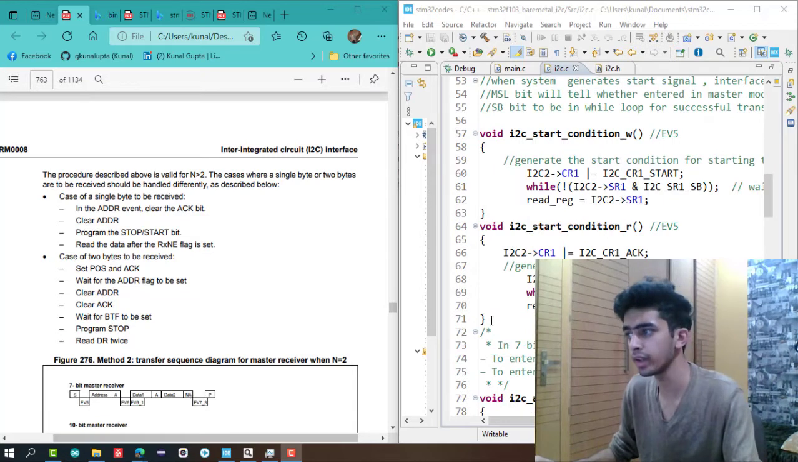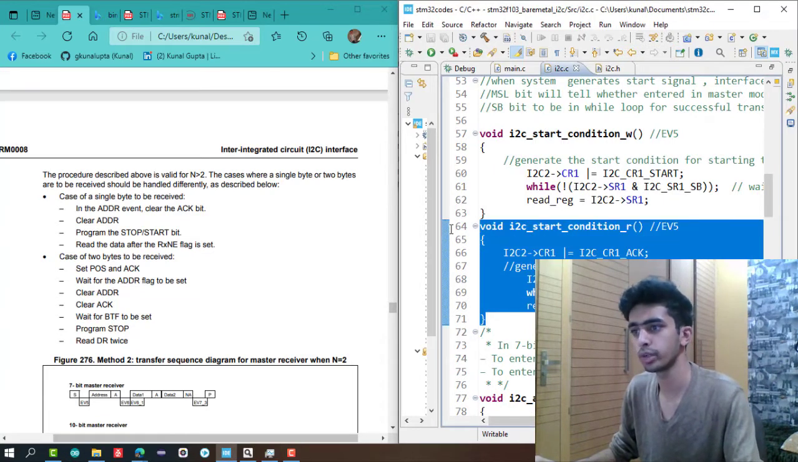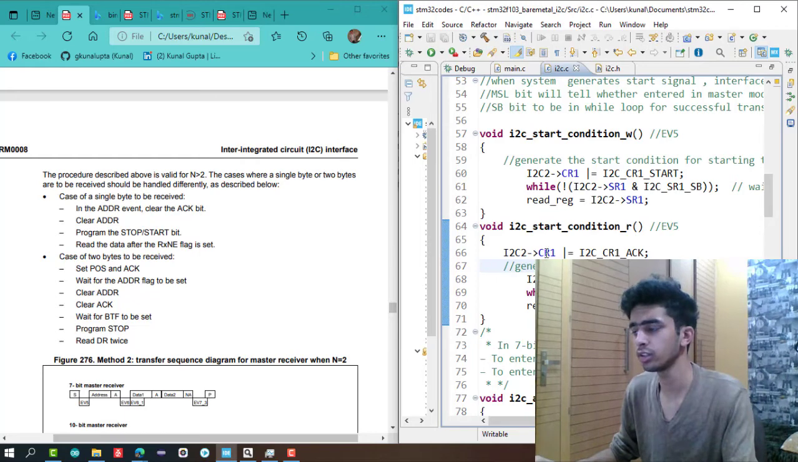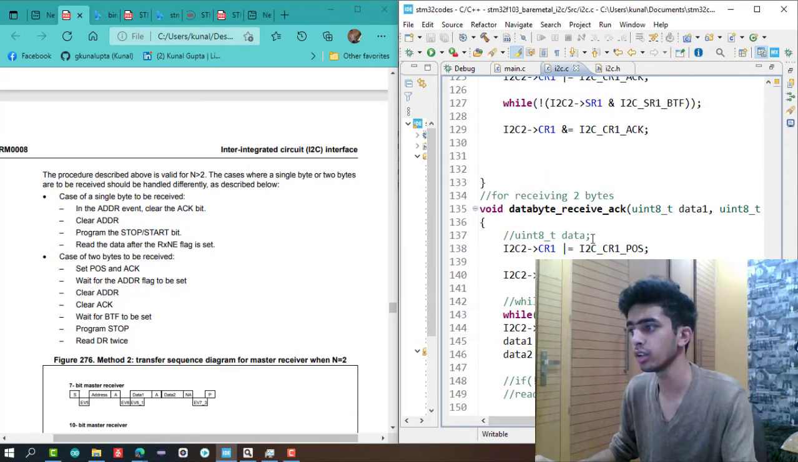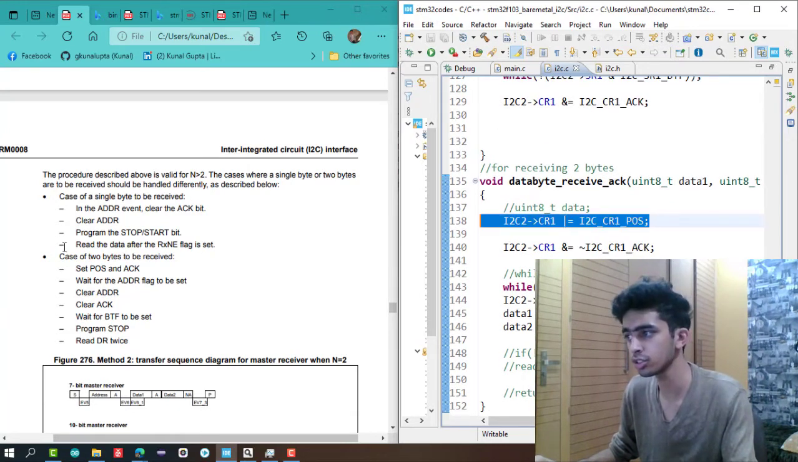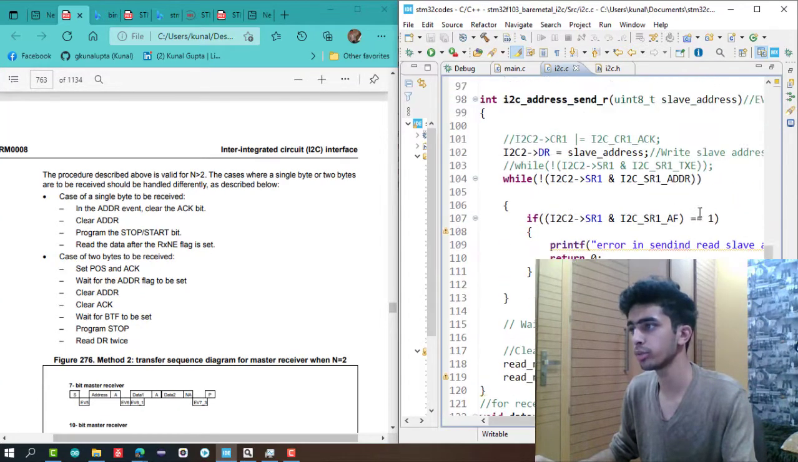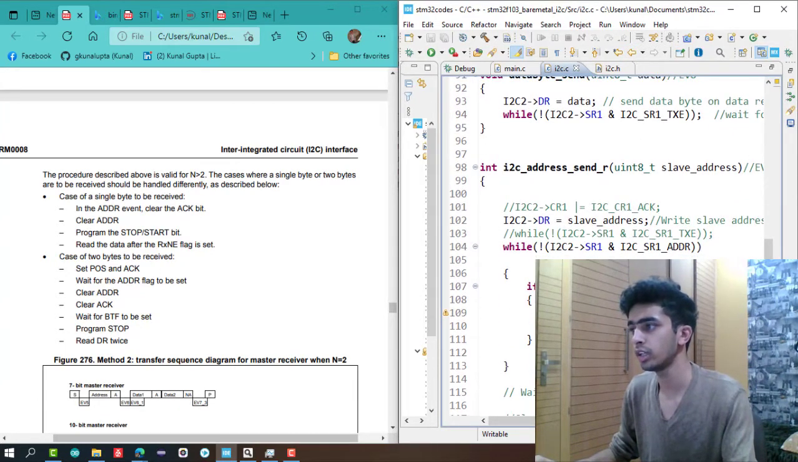So I have set the ACK bit here, and then set the pause bit, for reading the 2 bytes. Then wait for the ADDR flag to be set. This is the send write data, the slave address transmission. So wait for the ADDR flag to be set, clear it by reading the SR1 register and SR2 register,